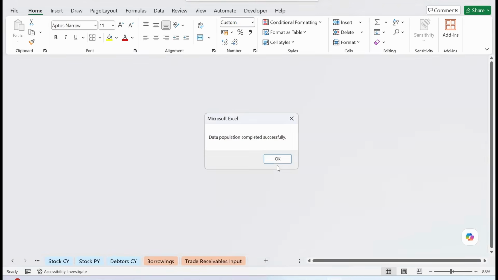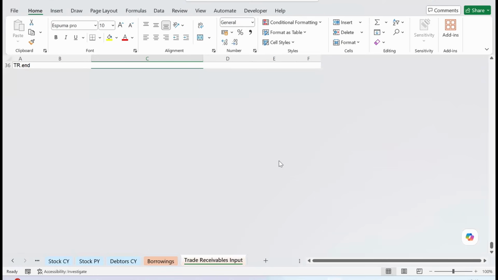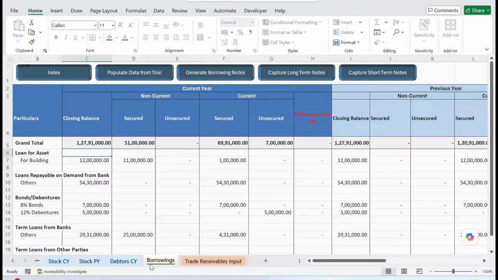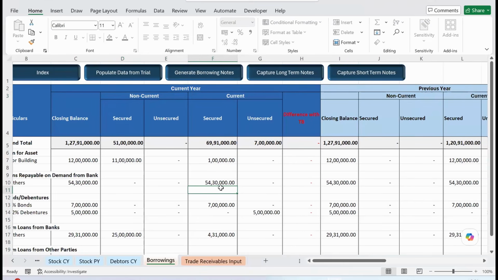Because see, the accounting information or the balances have gone into their respective buckets. Now all these buckets, for example for the building, we had said that 11 lakhs has gone into non-current. Okay, it is secured and all this information has been filled over here. But now beyond this,